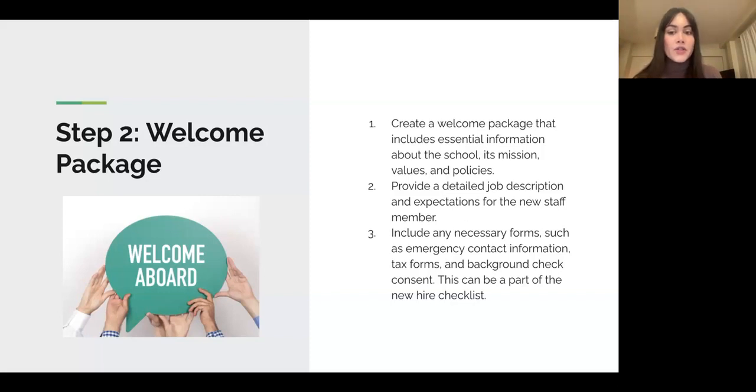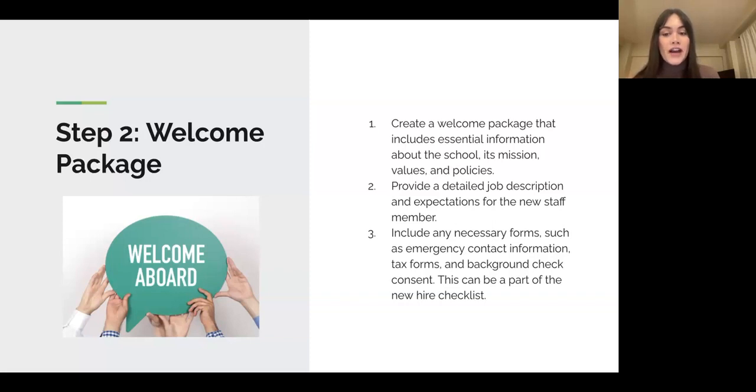I think it works really well when you have an individualized welcome package, because obviously every staff member that you're hiring is going to take a different role at your school. So consider what they will need to know for that role. I know that's a lot for people who are looking to hire a lot of staff, but it's worth taking the time to put together those resources for each individual person.